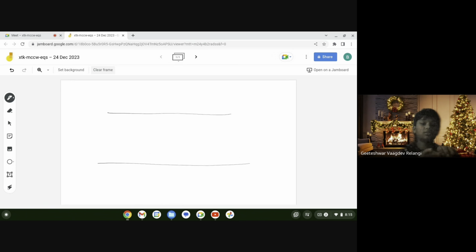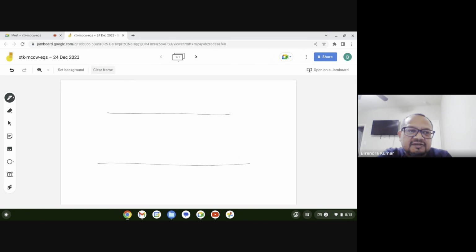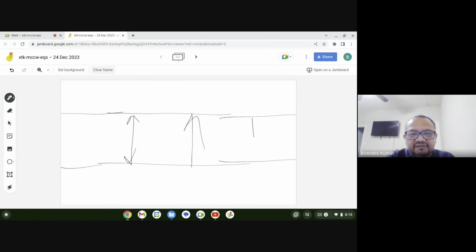When they never touch each other, like the railway tracks, right? The day railway tracks touch each other, the train will topple. An accident will happen. Something similar to that. So when you say two lines are parallel, meaning they never touch each other, no matter how much you extend them, no matter how far you travel. And also the perpendicular distance between the two lines will be the same.